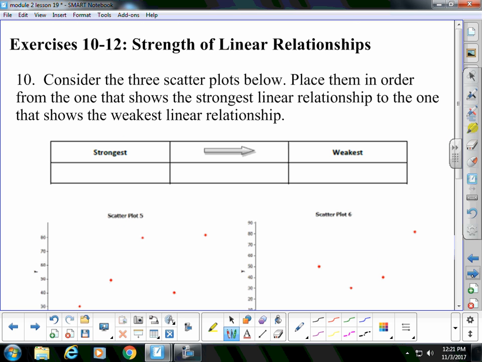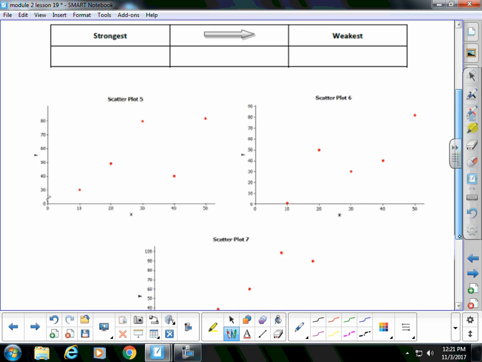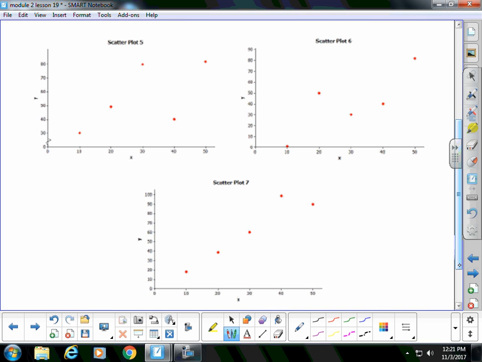Okay, strength of linear relationships, exercises 10 through 12. Consider the 3 scatter plots shown below. Place them in order from the one that shows the strongest linear relationship to the one that shows the weakest linear relationship. So looking at these 3 scatter plots, the one that looks to me like it shows the strongest